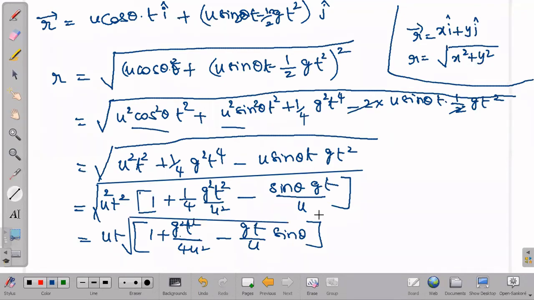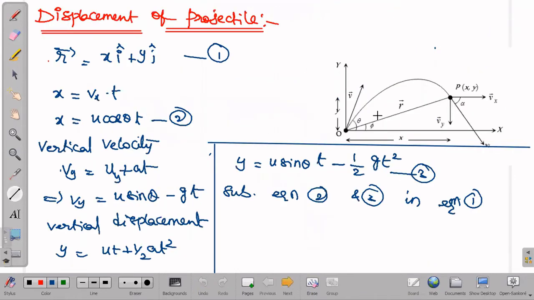Still we can solve further if we want, and we can write an expression for the phi which we are having in the given equation and the given diagram. I will go back to that once. So in the diagram, the angle with which the projectile is moving with the horizontal is theta. Theta we already found in the last lesson.